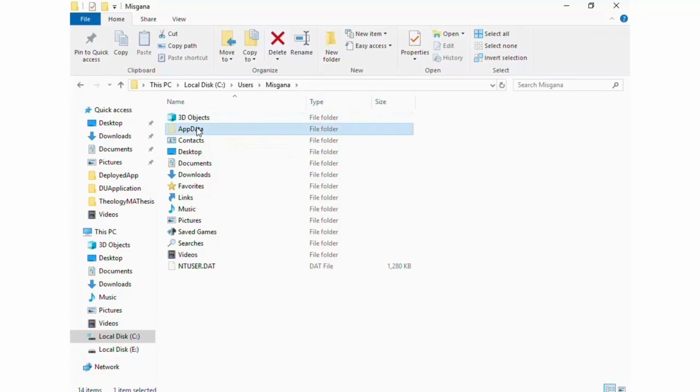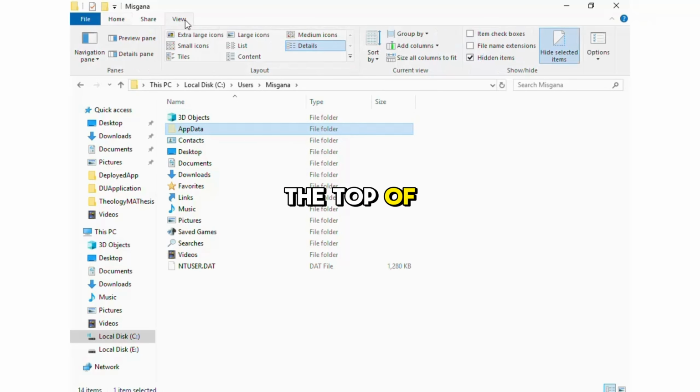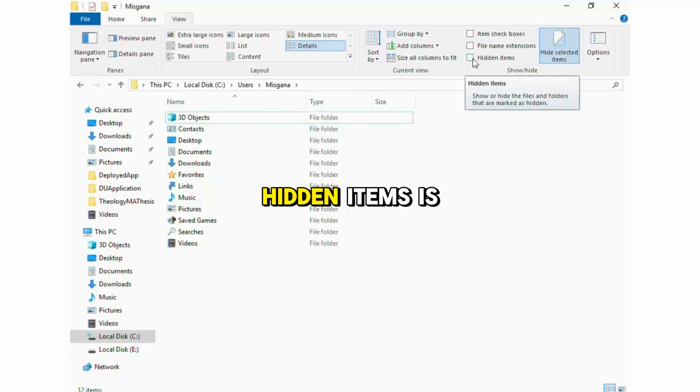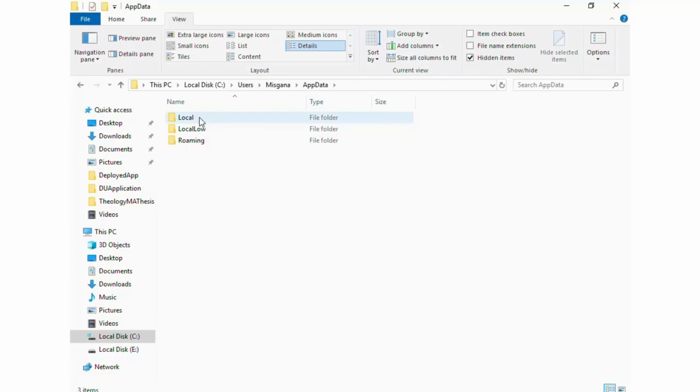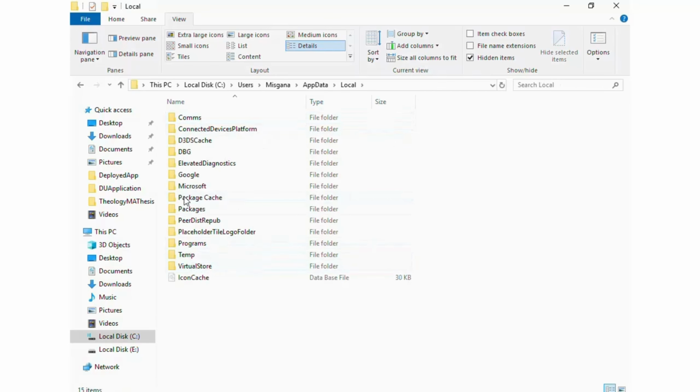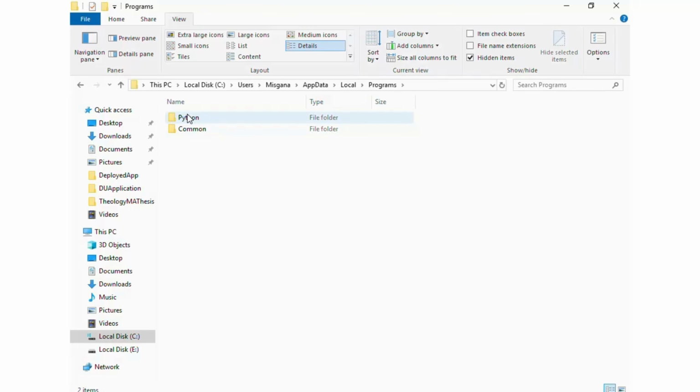If you do not see the AppData folder, go to the View tab at the top of your File Explorer, and make sure the box for hidden items is checked. Inside AppData, go to Local, then Programs, and finally Python. Navigate to that specific Python location, and click the address bar at the top of the window to copy the